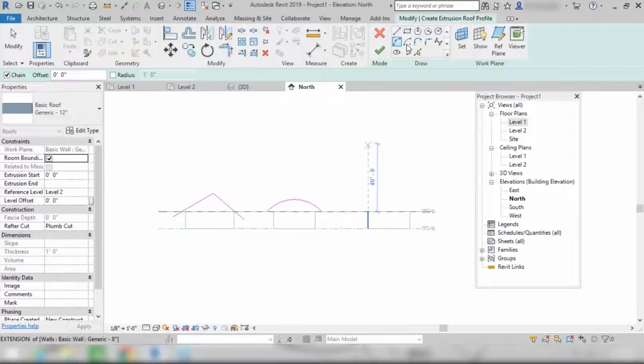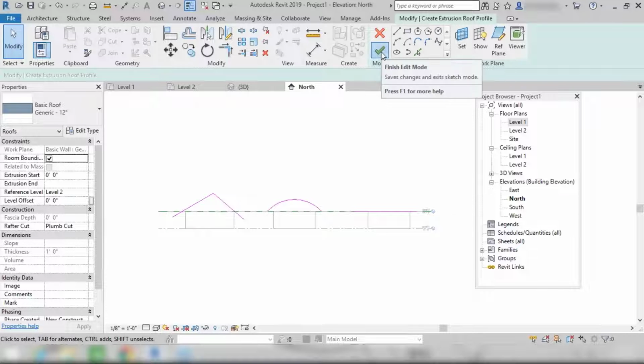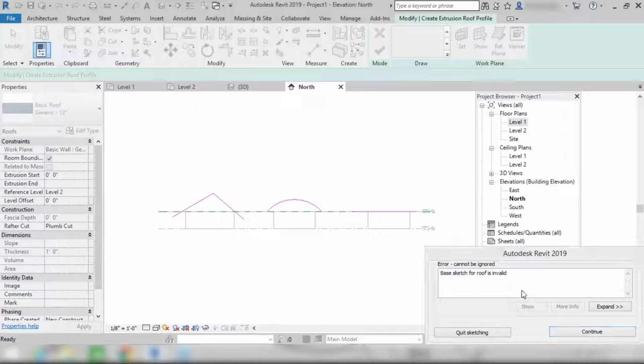For this particular room, I want this type of roof. Click here. And the last one, I am going for a flat type of roof. So you can go like this, right? I have created 3 different types of roof for these 3 things. After that, I will click on this finish button, right?